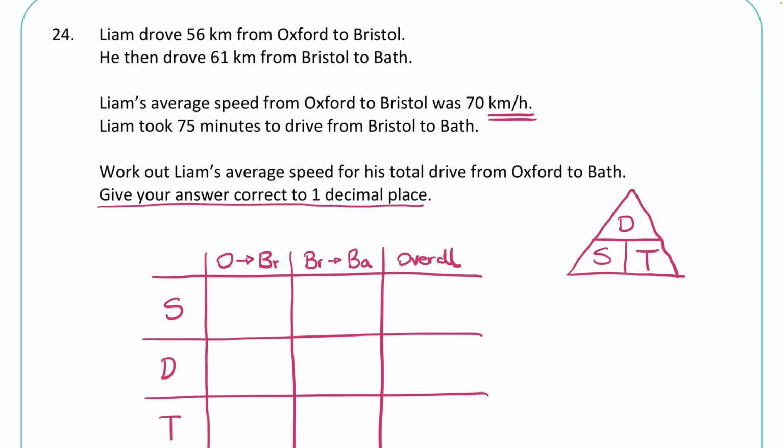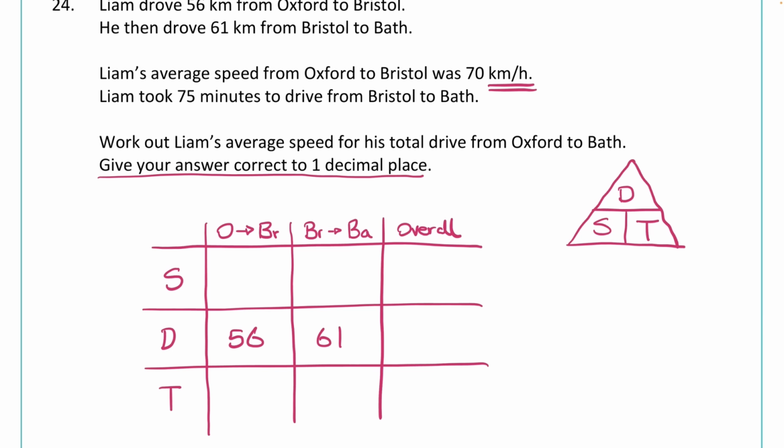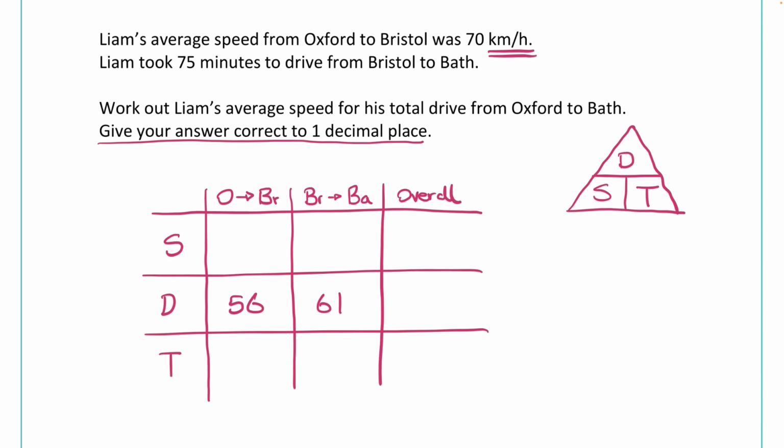So we have the distance from Oxford to Bristol, 56 kilometres, and we then have 61 kilometres from Bristol to Bath. It says Liam's average speed from Oxford to Bristol was 70 kilometres per hour, and Liam took 75 minutes to drive from Bristol to Bath. So I'm going to write 75 mins, specifying there that it's minutes because we obviously are dealing in kilometres per hour here, so we're going to need that in hours. So it says work out Liam's average speed for his total drive from Oxford to Bath, which is this overall